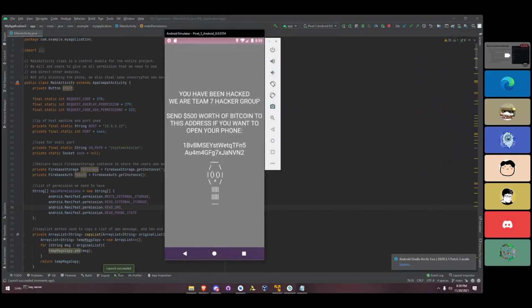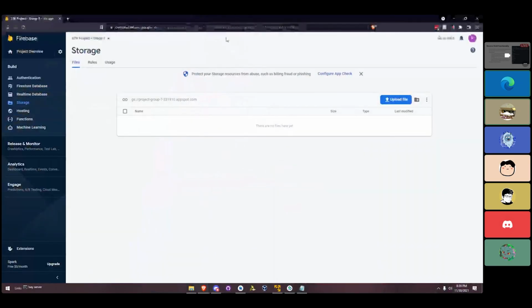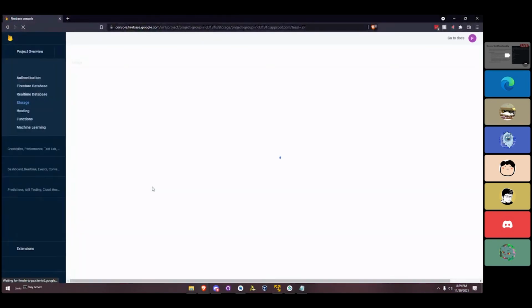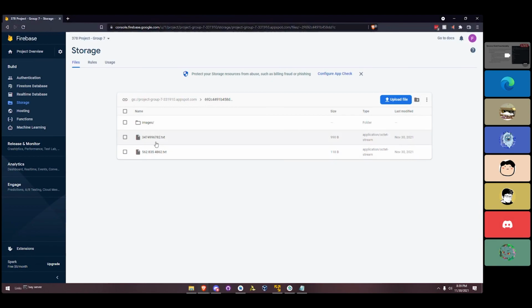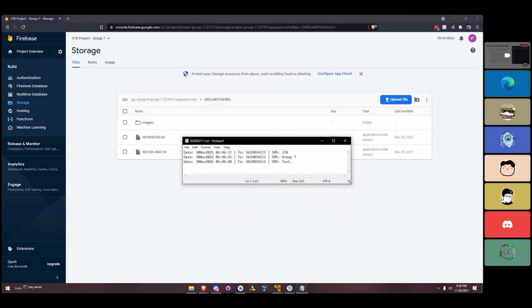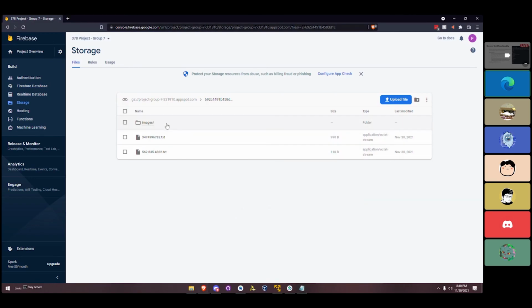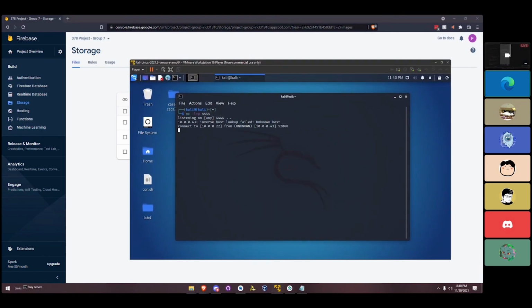Yeah. Okay. Cool. So here's the Firebase. This is the device. Here we can see two text messages. An example of that would be this right here. Then the images are found in this one. As for the Linux, we've established a connection